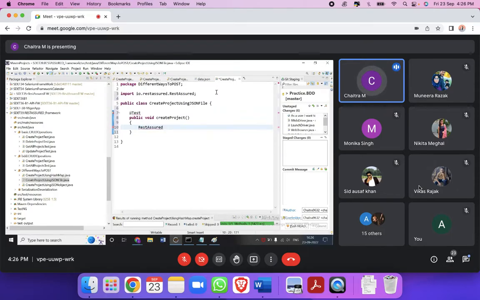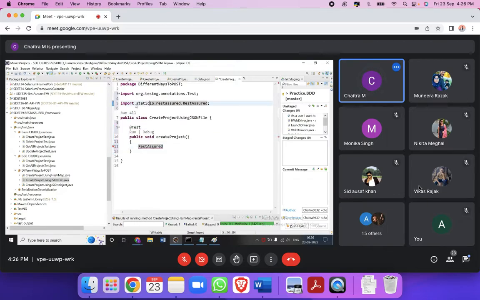Import Rest Assured. Make it a static import and dot star. Remove it. Create